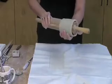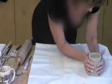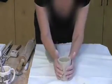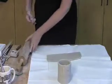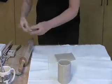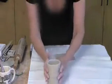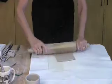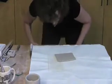You hold it with your left hand, you bring out your rolling pin, and you make sure that it's in a cylindrical form. And then now we're going to make the bottom from a piece that we had left over. The bottom should be the same thickness, so I'm going to move the cup over a second out of view, and I'm going to roll this down just a little bit. Again, I want to make sure it's